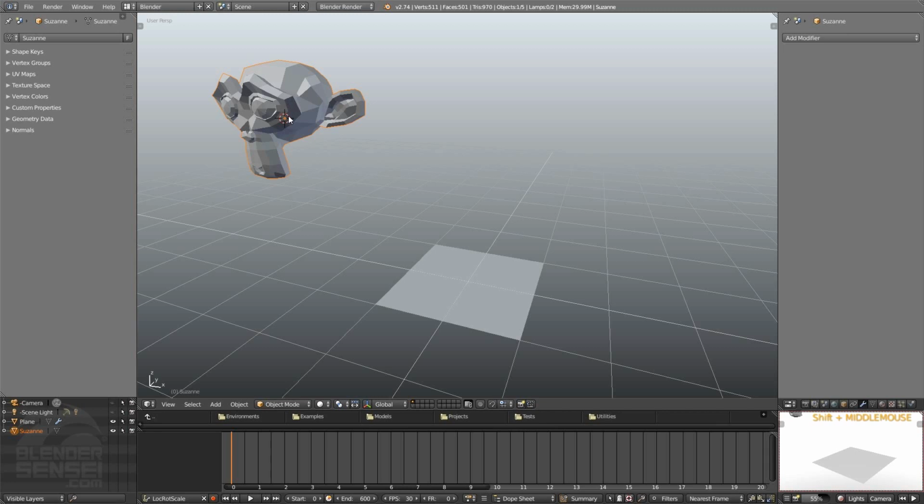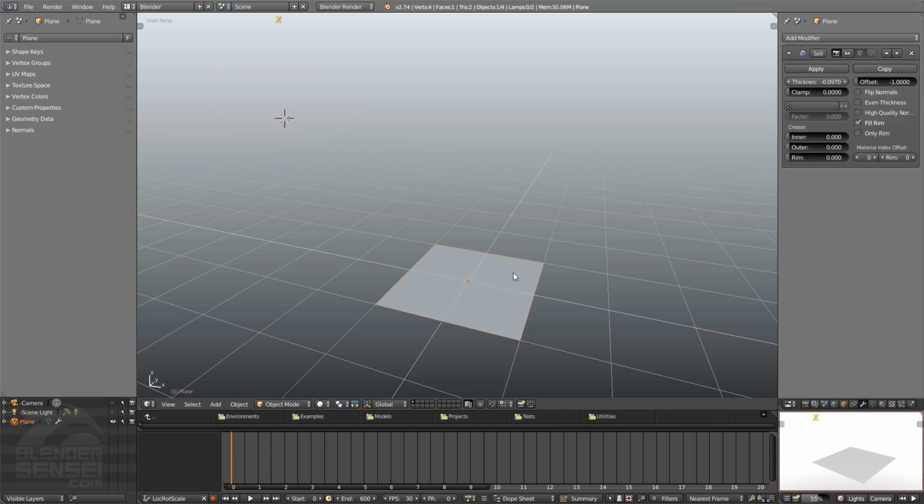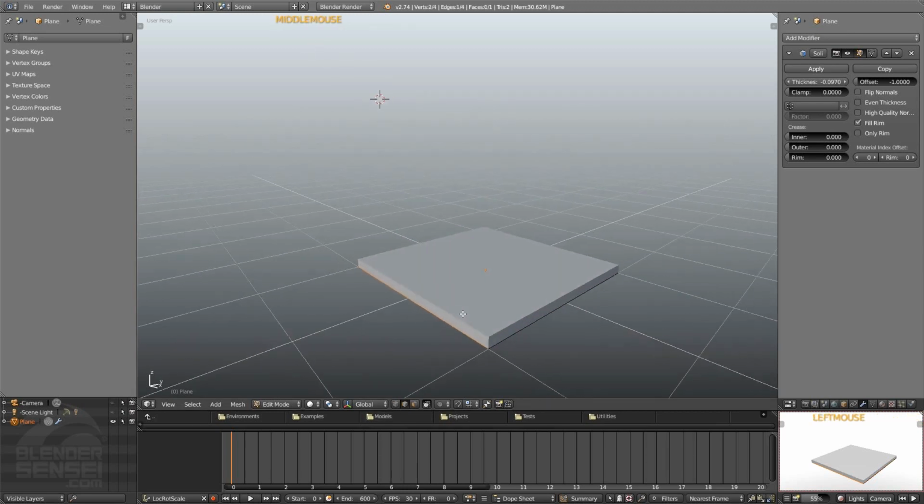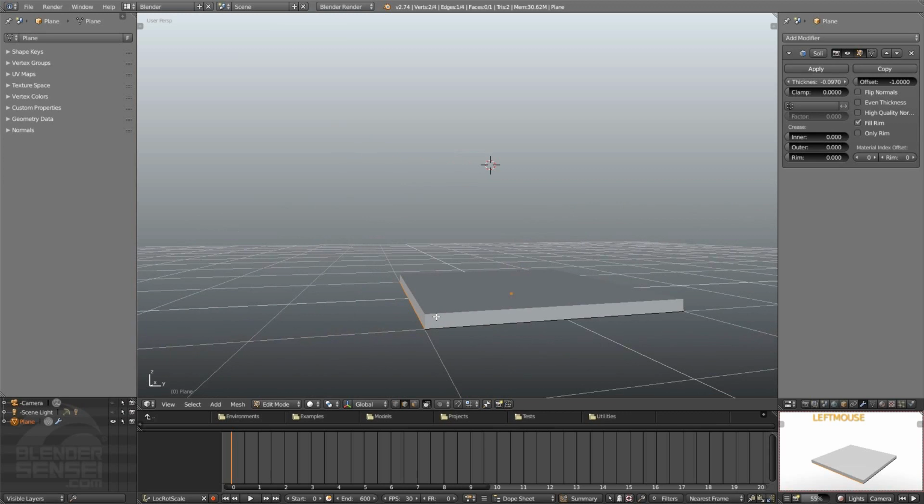So let's go ahead and delete this monkey head, press X, and then back over here on our plane, we can see our Solidify modifier here, and let's turn the visibility of that effect back on by clicking this eye icon. Let's press Tab to go into edit mode, press Shift scroll up for edge selection, and then let's just click on one of these edges, and let's hit E to extrude, hold middle mouse to constrain to bring this